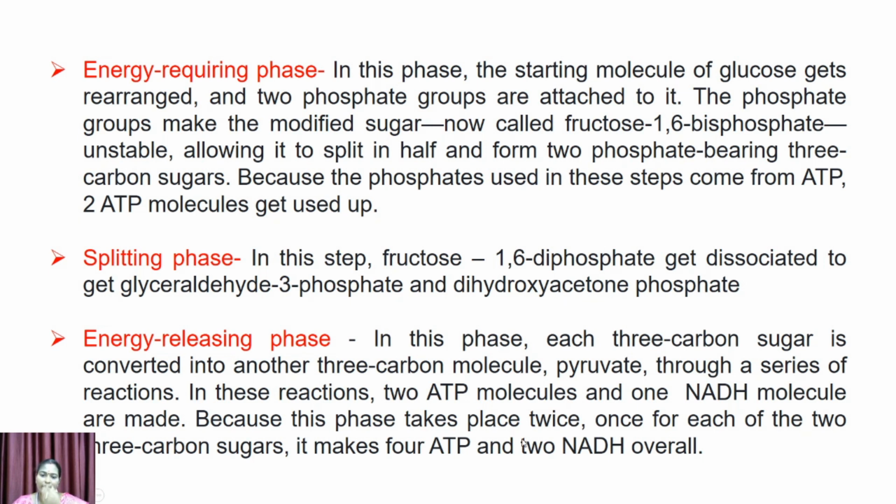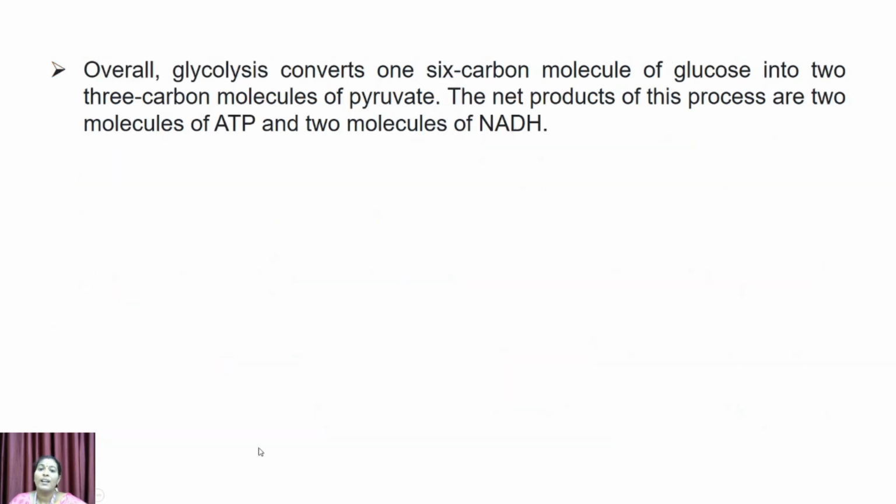Next, the energy releasing phase. In this phase each 3-carbon sugar is converted to another 3-carbon molecule. This is the last step, pyruvate. Within these reactions 2 ATP molecules and 1 NADH molecule are made. Overall, 4 ATP and 2 NADH are made in glycolysis. Next, overall glycolysis converts the 6-carbon molecule of glucose into 3-carbon pyruvate. In this process, net 2 ATP and 2